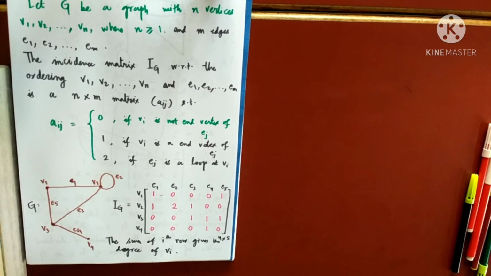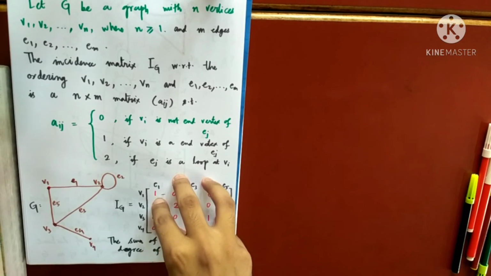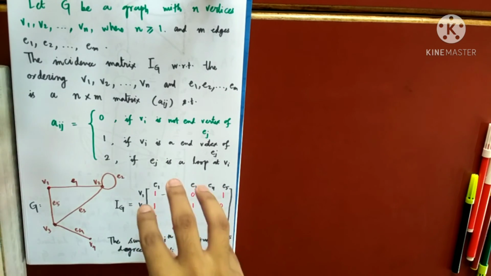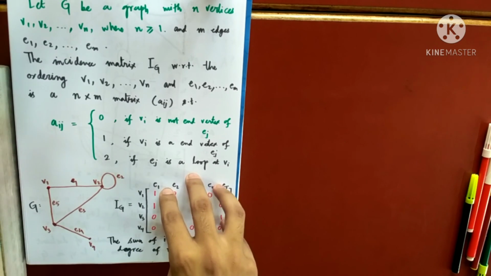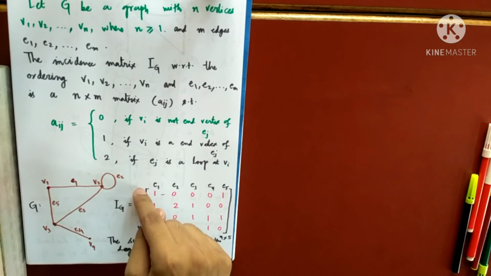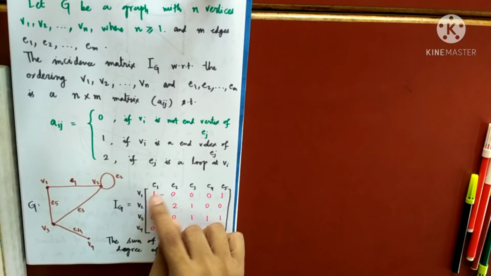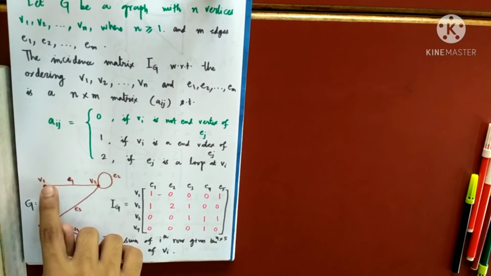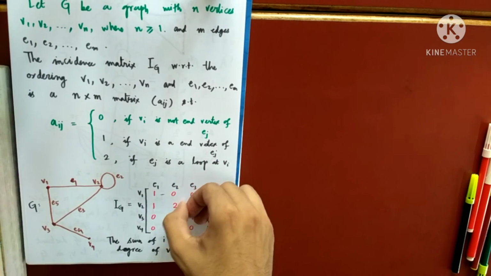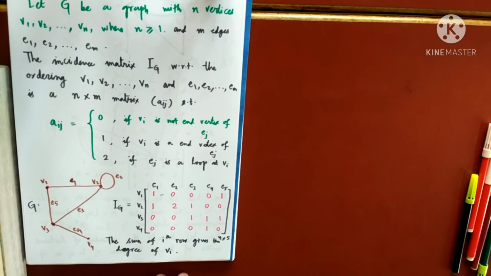One last thing I'll speak about: given an incidence matrix, you can always draw a graph. Suppose I give you this matrix and tell you that this is the incidence matrix. You can try to draw a graph from it. Very easy. Mark the vertices, and draw the edges accordingly. There is an edge E1 which is incident to V1 and V2, so you draw an edge here. E2 has 2 here, that means there is a loop. So given an incidence matrix, you can also retrace the graph back. So this is all about the incidence matrix, and there are no other results that we'll be doing based on it.